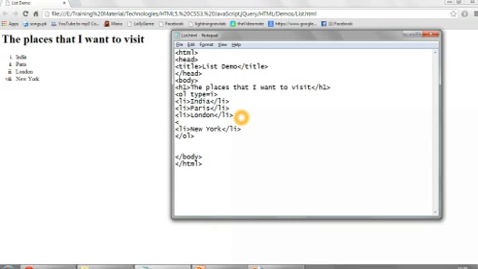So what I'll do is write UL over here and close it. Over here I have written LI, that means the places in India I want to visit.